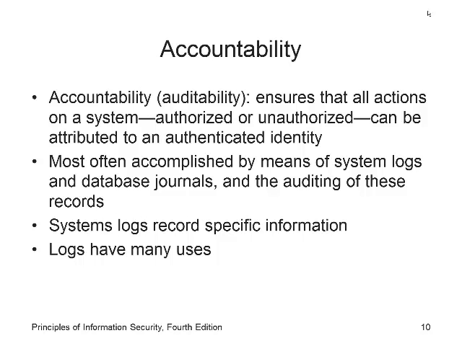Okay. We have accountability. It says it ensures that all actions in the system, authorized or unauthorized, can be attributed to an authenticated identity. So once you're logged in, how do I know you have access to it? Or am I actually checking that? Normally we do that through logs, through journals, through auditing, through records. If you log in, you obviously have access. But what happens if you try to break into something, or you try to edit a file you don't have access to? That should be recorded in a log somewhere, so someone can find out what's going on.